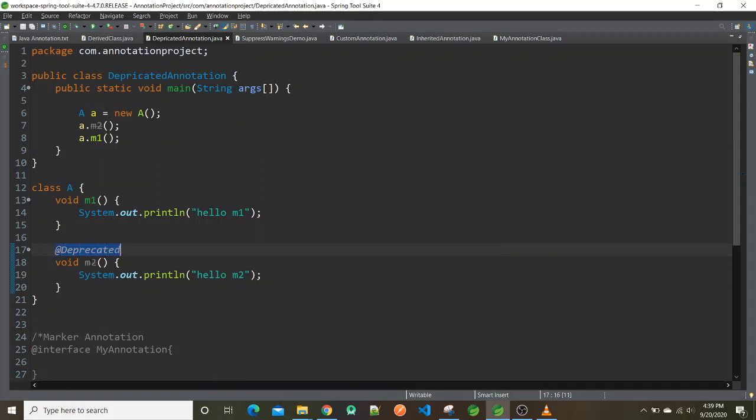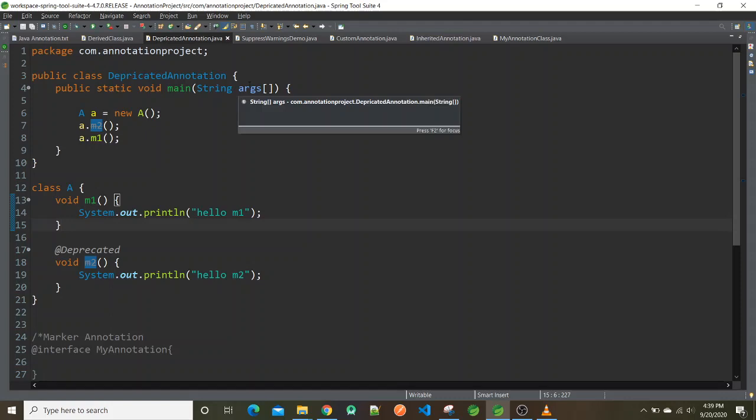So this particular method acts as a deprecated one. Java doesn't recommend to use this deprecated method. It's better not to use this method. So this is related to the Deprecated annotation.